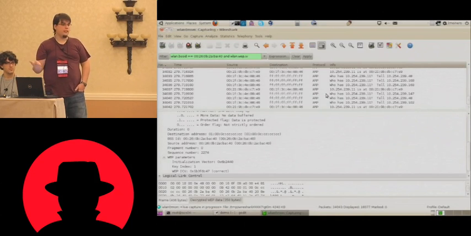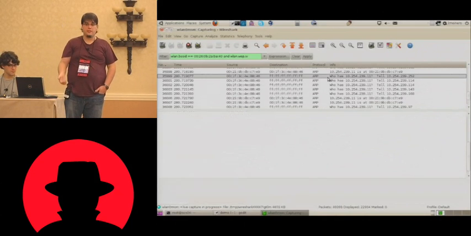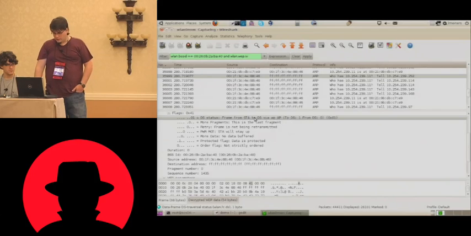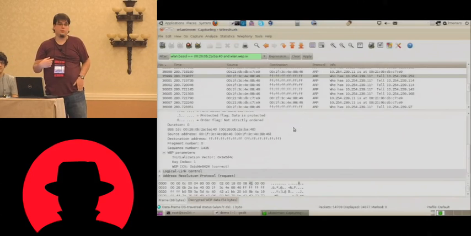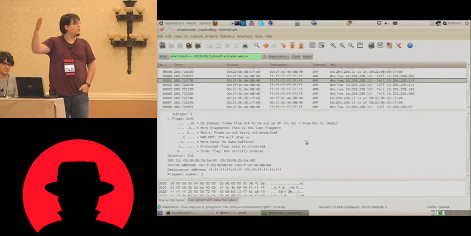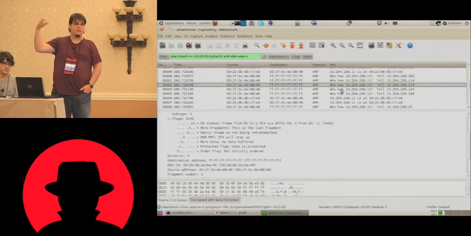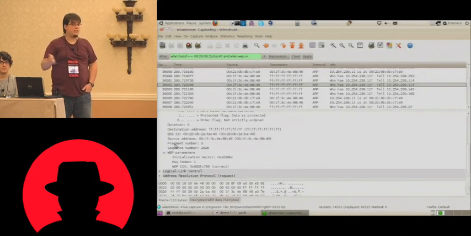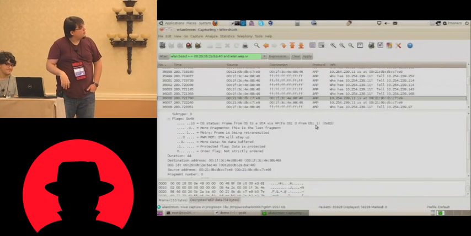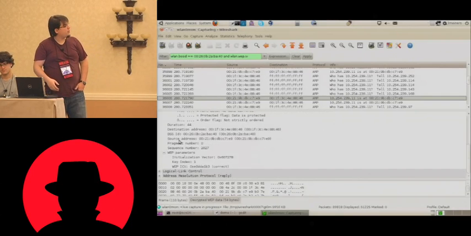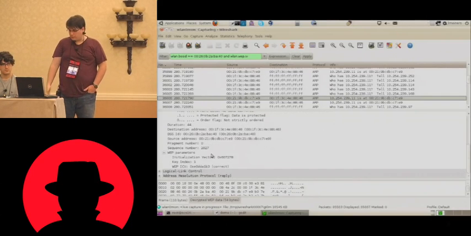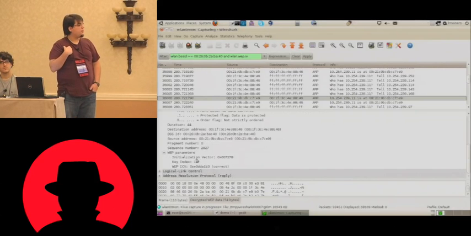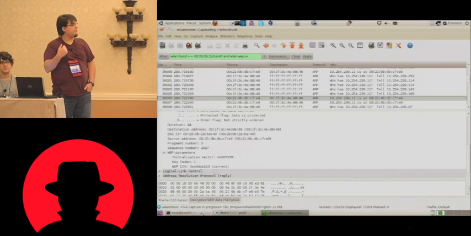And if we look in the Wireshark capture, which is decrypting everything because we set the key, we can look at the frames, and that's a frame that we sent. As you can see, it has the To DS bit set. And if you look on the right column, the IP addresses are all different. That's because when we apply the mask, we don't know what the IP address is going to end up being. We just change it to something different to try to avoid IP conflicts in the network. And these are all WEP frames; this is the response that was sent to us by the station. And since we are a WEP station,